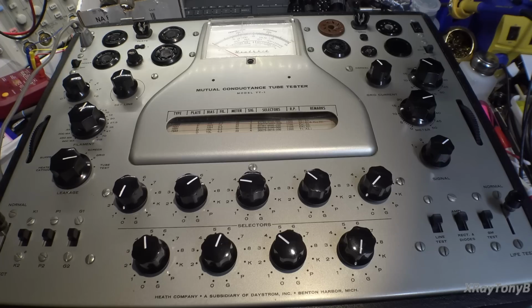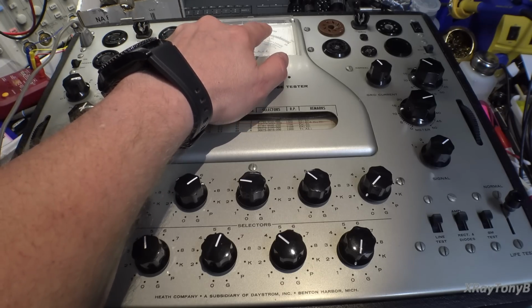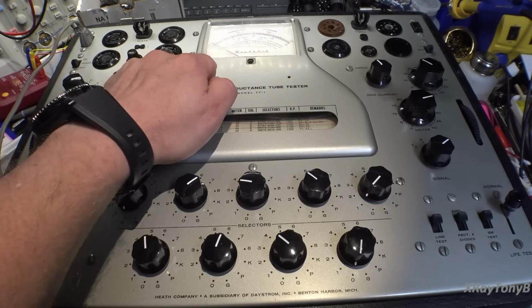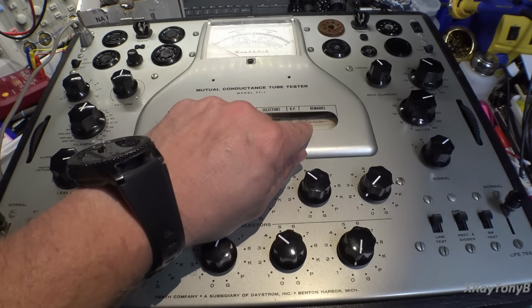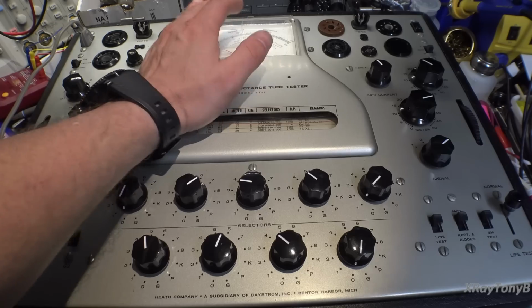It's still not as good as some of the more modern testers or some of the more advanced testers, and it's certainly not a curve tracer, but it worked pretty well. And usually the transconductance that you measured on here, once you use the multiplication factor, it came out pretty close to what the tubes actually were as far as their GM. But of course, this one has contracted the